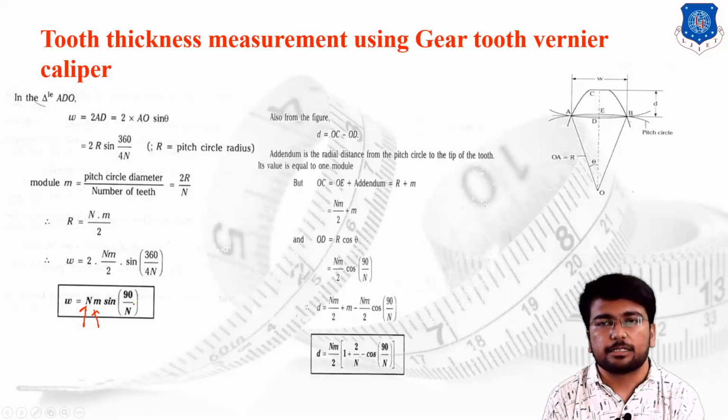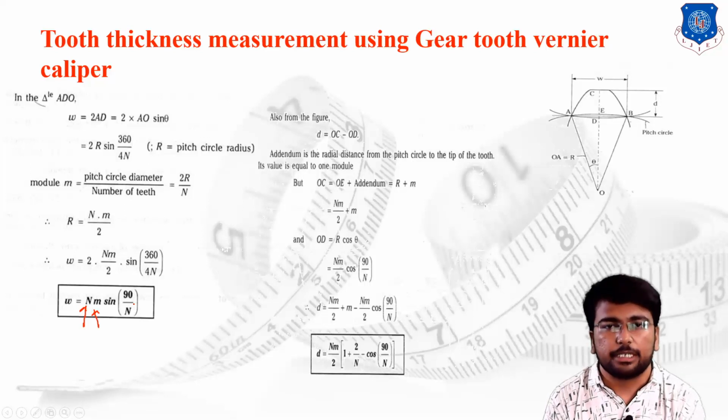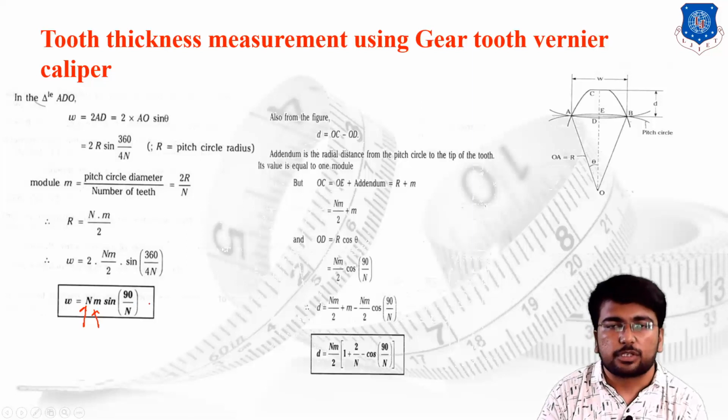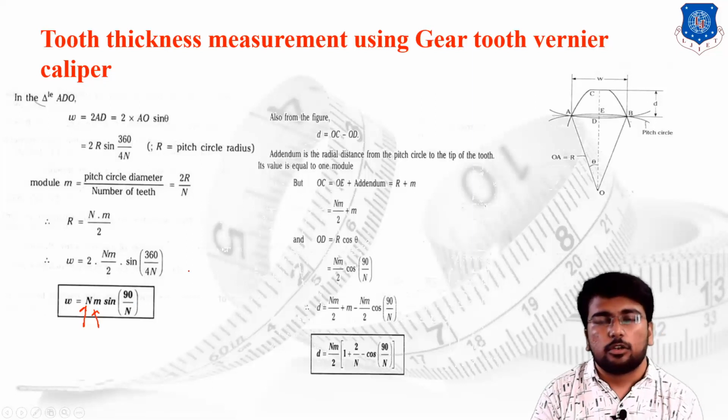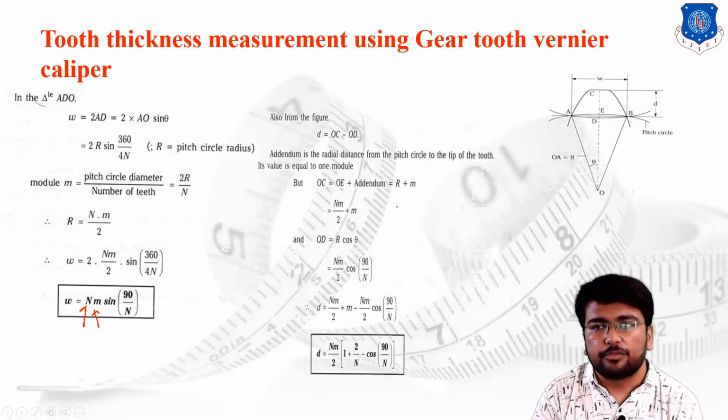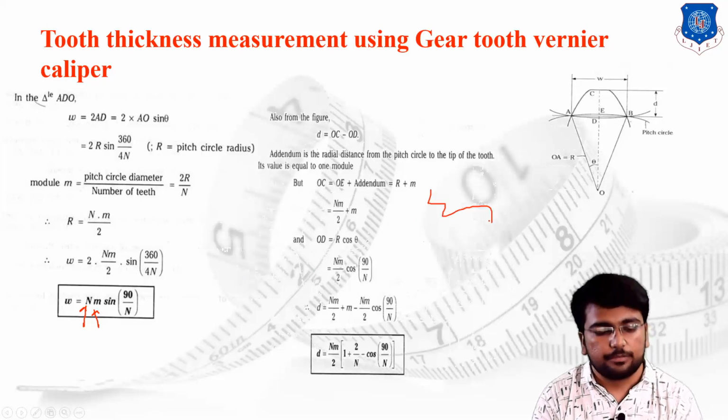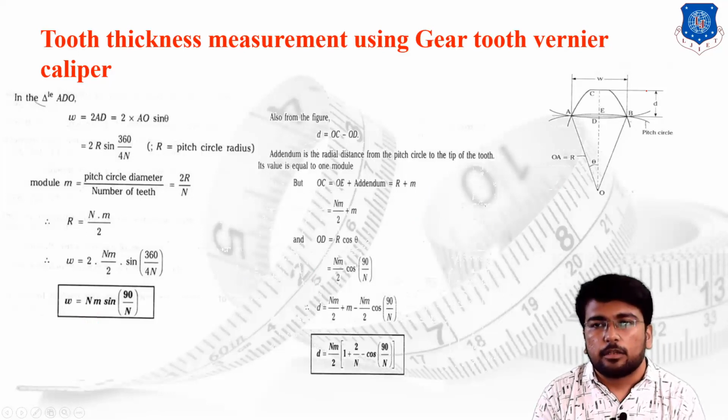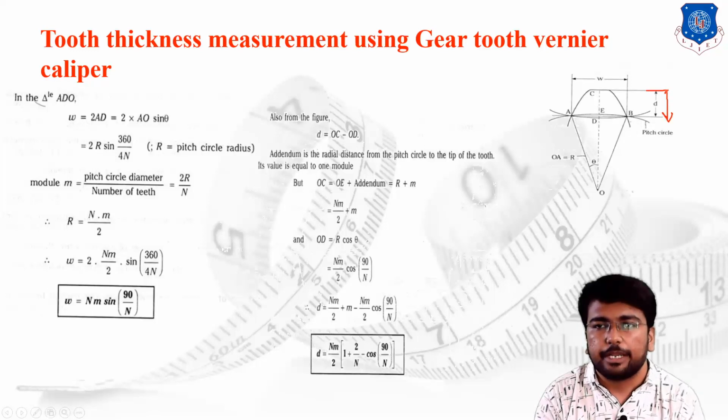Now we are going to discuss the particular depth d, and how to calculate its value. From the figure, first of all let us consider the triangle to find the value of d. You can check on the screen what the value of d is. This is d, the depth. Now how to define the depth? From the figure, to find the depth d, this is the distance C to D.